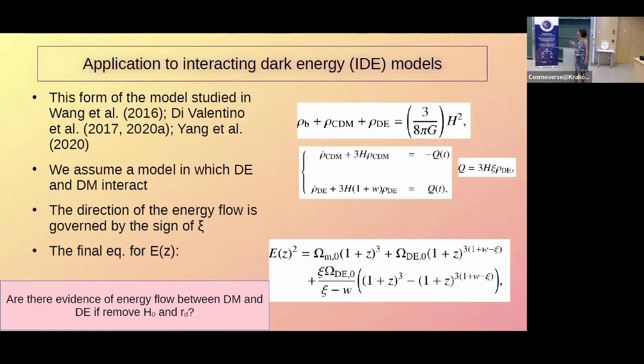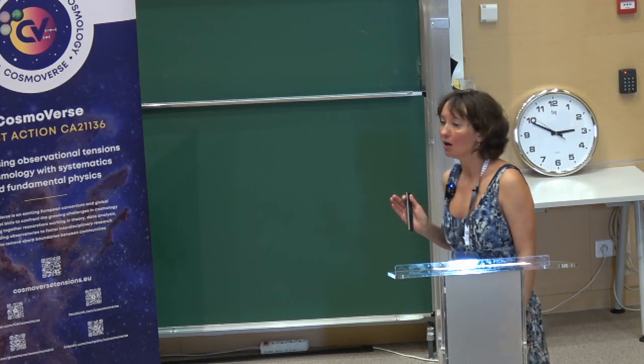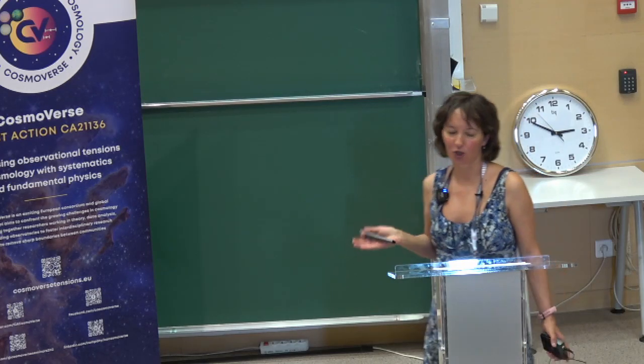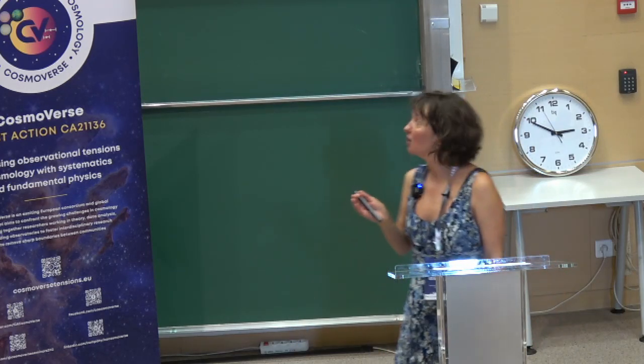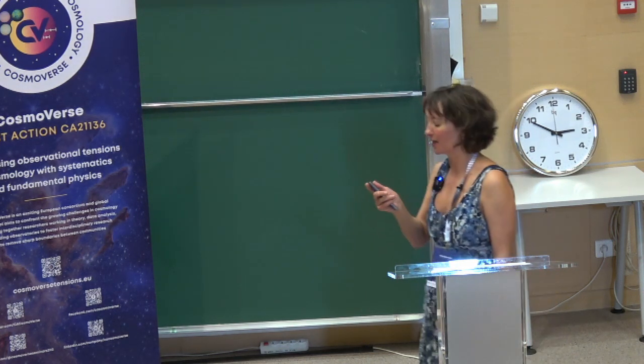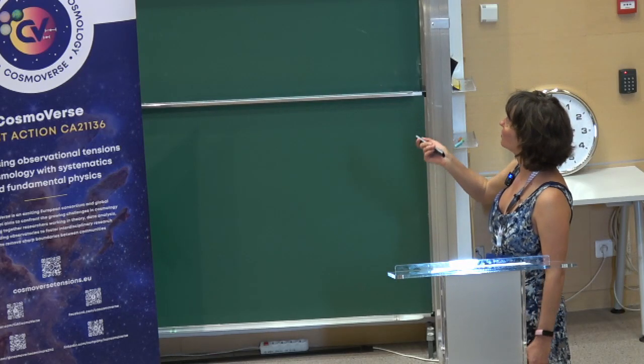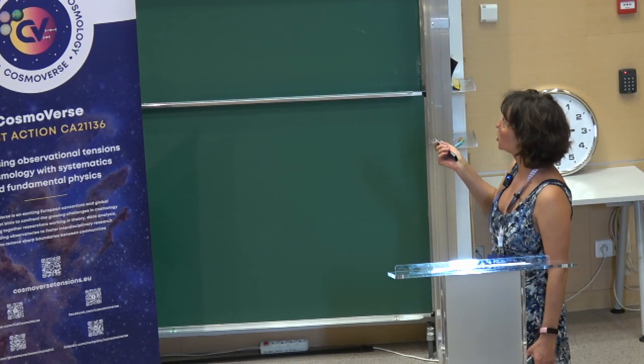The parametrization we choose is the standard one written here. And basically, you can get to these equations from different modified gravity theories. But in this concrete case, we don't do that. We just take the phenomenological equations, and we check what will happen if we apply them to the data sets we have. And so this is the final form which enters into the Friedmann equations.